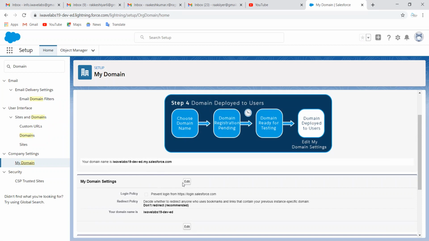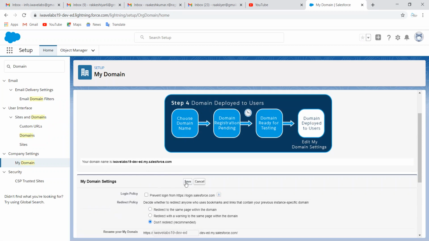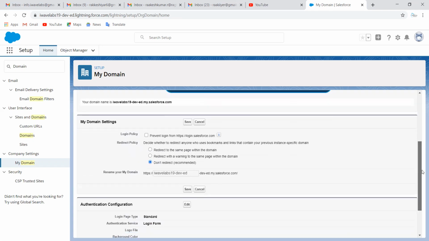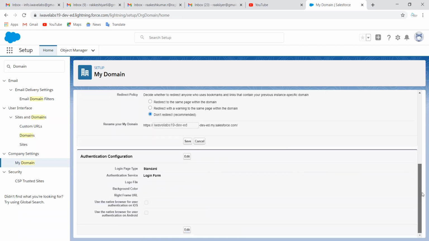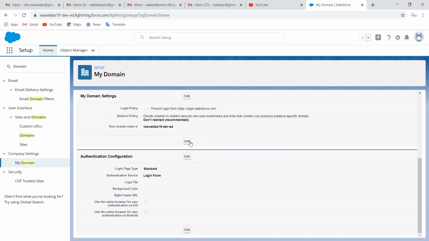In case you want to edit, you click on the edit button. If you want to change it, there is an option here, prevent login from login.salesforce.com. If you want to prevent it, you can enable this. When you enable it, it will not go to login.salesforce.com and will directly redirect to your domain. Otherwise, if you say don't redirect to this page, it will not redirect. After this, you're going to click on the save button. Once you save here,